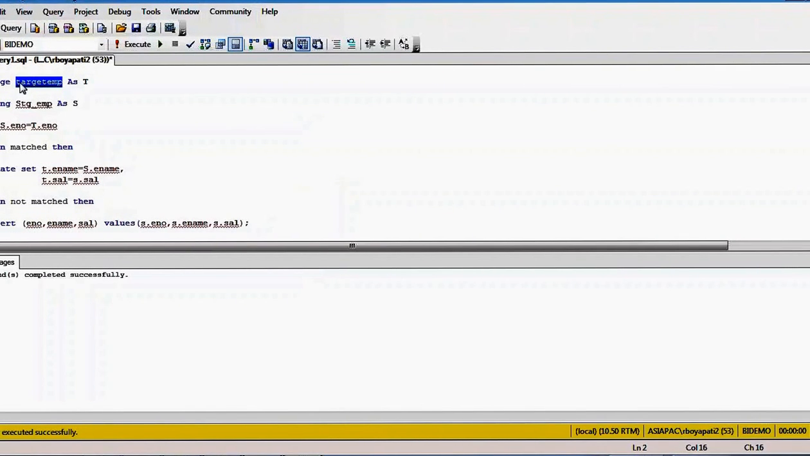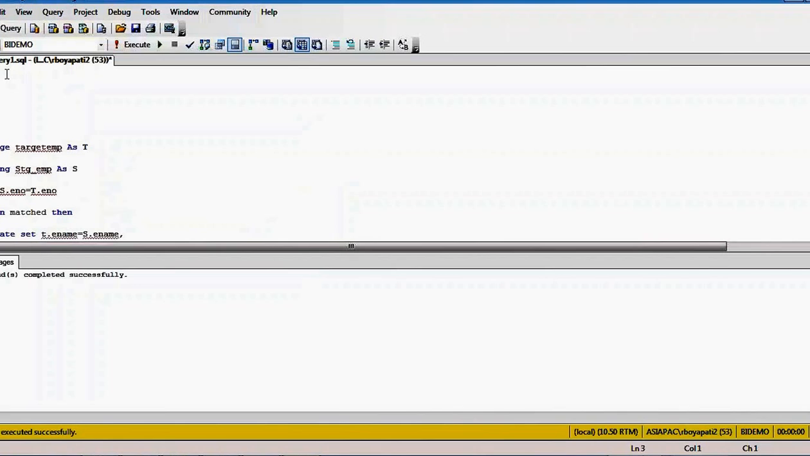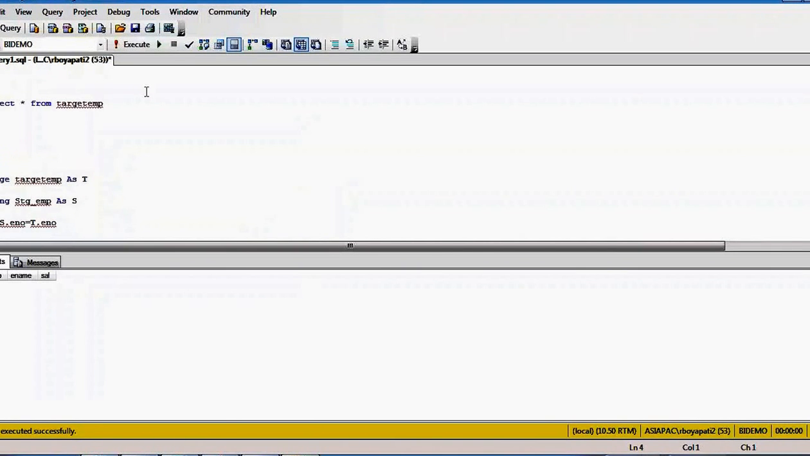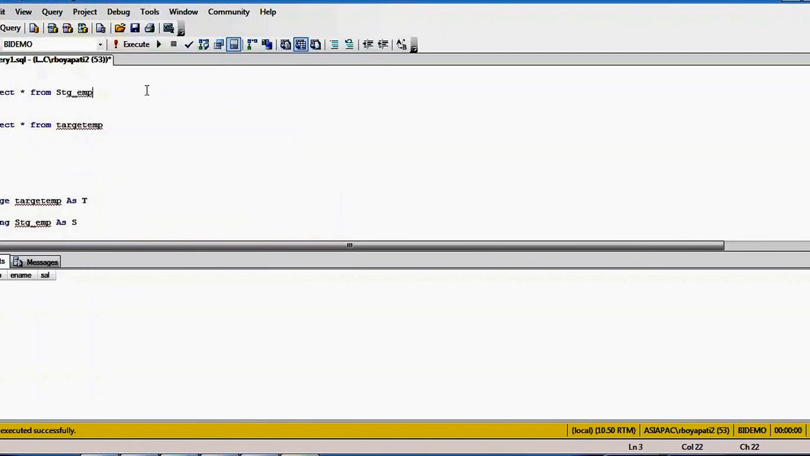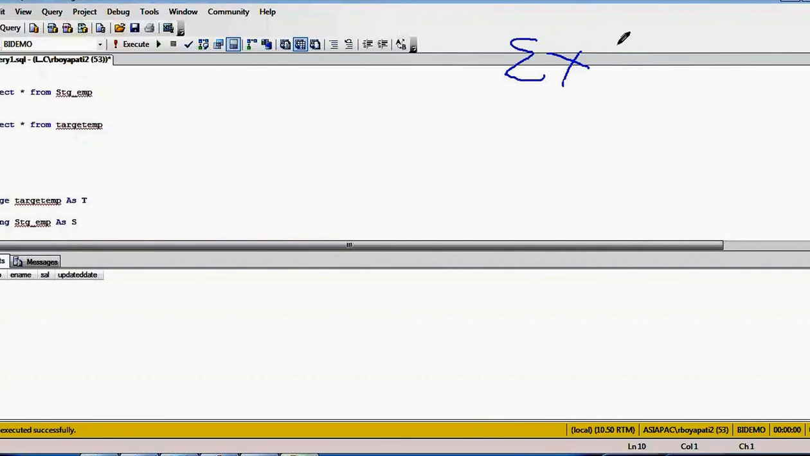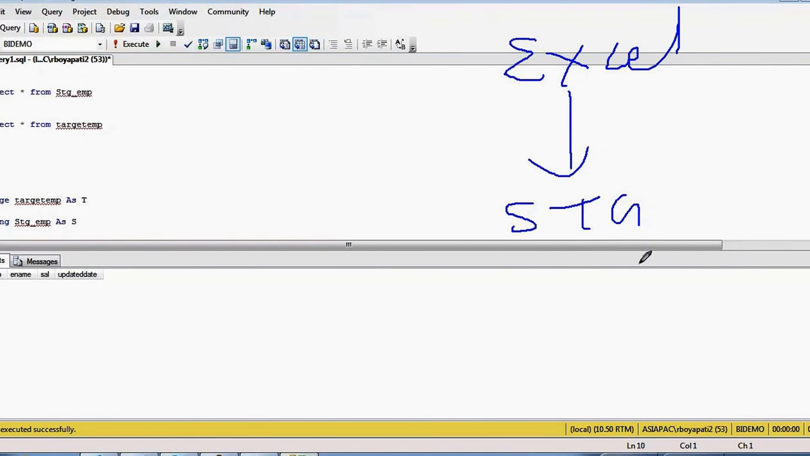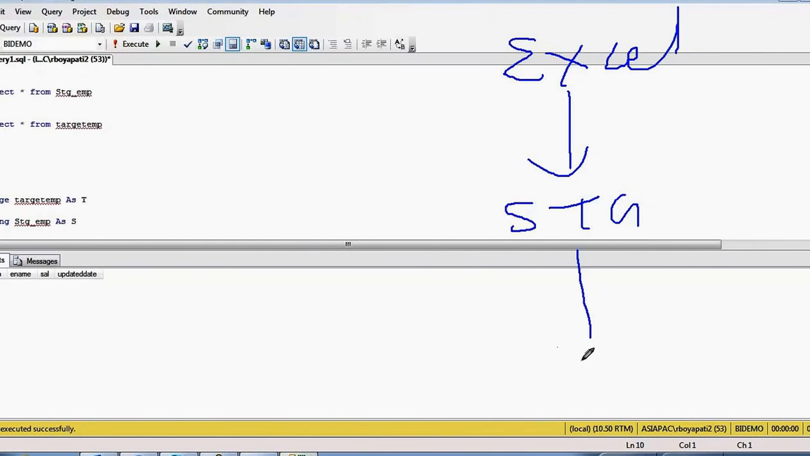This is my target table. Select star from this target table, right, and my source table is this one. So first the data is coming to this stage table. Select star from, right. So what I'm going to do here, first I will take the data from Excel, and from Excel to some staging table, okay, and from the staging table to target table